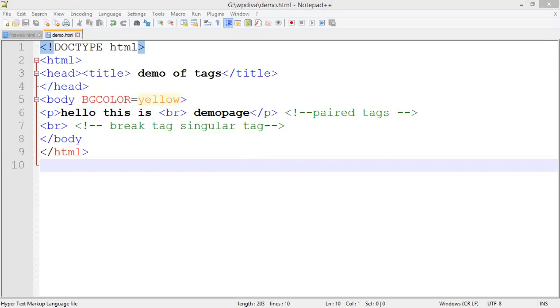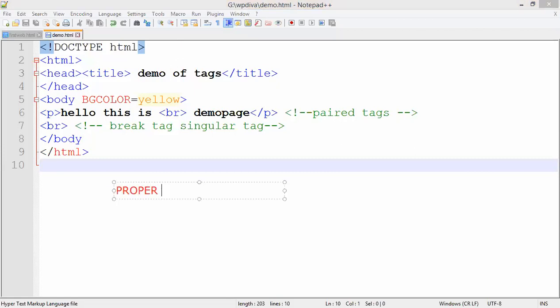So this is the problem with HTML. All these problems will come with HTML. You can see that the text is the same, the background color is the same, and I just forgot to close the body tag here. I did not close the body tag, yet the output still appears clearly. So this is the problem with HTML. It does not have proper code.